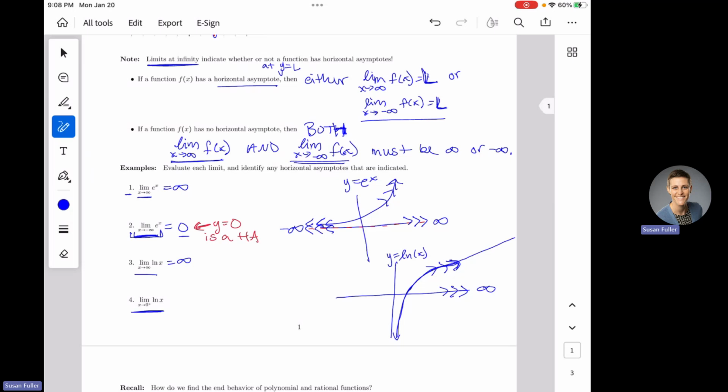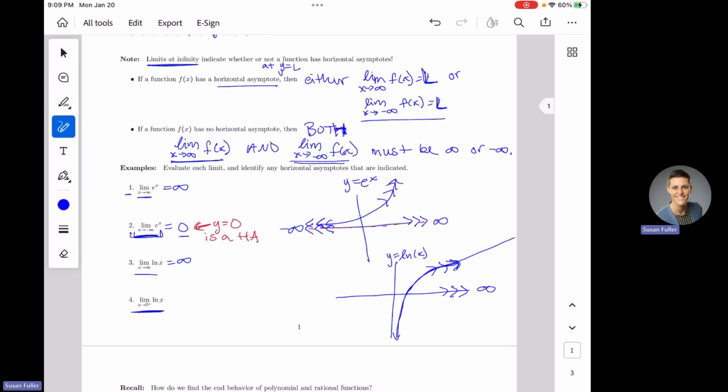Okay, so that doesn't indicate a horizontal asymptote, but to be sure it doesn't have one, we got to check the other side. So let's come here and notice this one doesn't go to negative infinity here because ln x doesn't go all the way to negative infinity, right? ln x stops at 0. You can't plug 0 into a natural log. You can't plug a negative into a natural log. So 0 is kind of like the end of the line. So normally we would go all the way to negative infinity. But 0 is where this stops. So I know this is a little bit different than usual, but we're going to the left side of my graph.